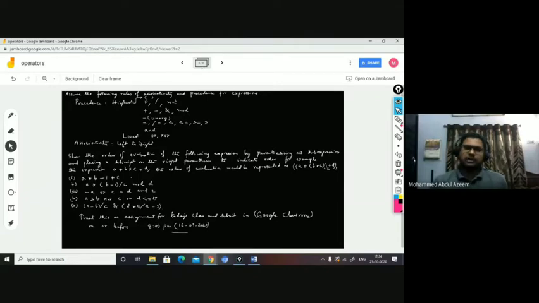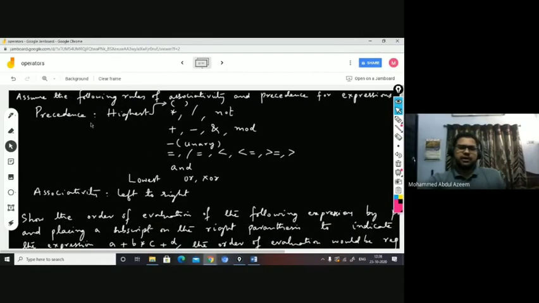Because when you have a single operation, of course, that is not an issue, right? But when you have multiple operations, what happens? In what order do the operations have to be carried out? Operator precedence from highest to lowest is given. Parenthesis is given the highest precedence. It means the expressions enclosed in parentheses are to be evaluated first.